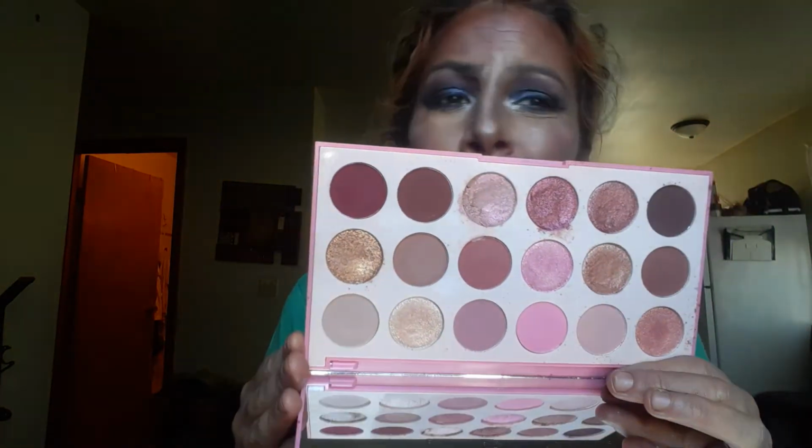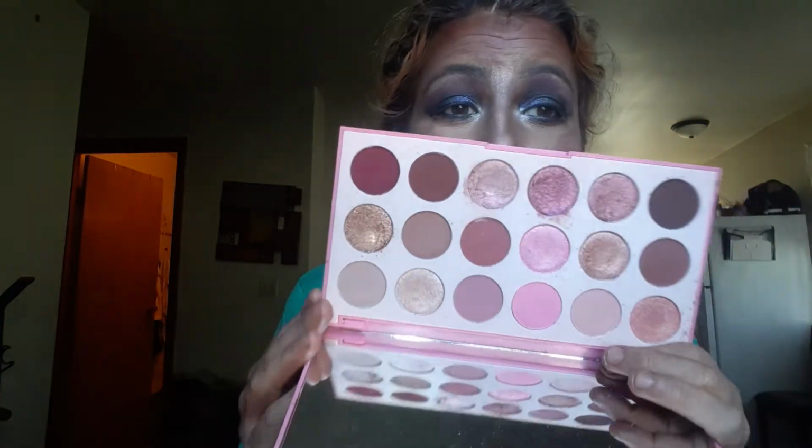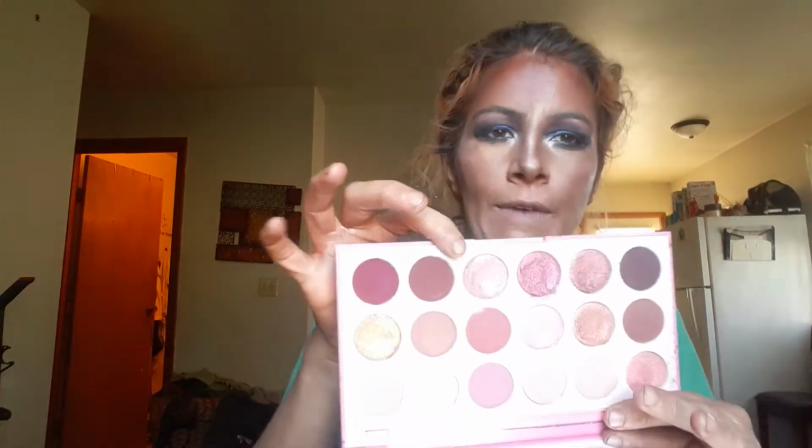This would be cute for Valentine's Day, but it is freaking beautiful. This one right here is a topper. There's no toppers in any of these palettes. The chocolate bar one they came out with does have toppers, but this one is like a duochrome topper. I love it. And in the corner,